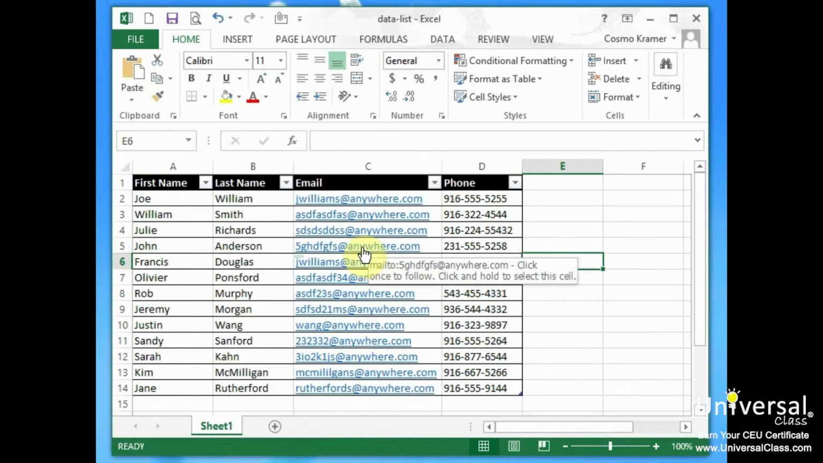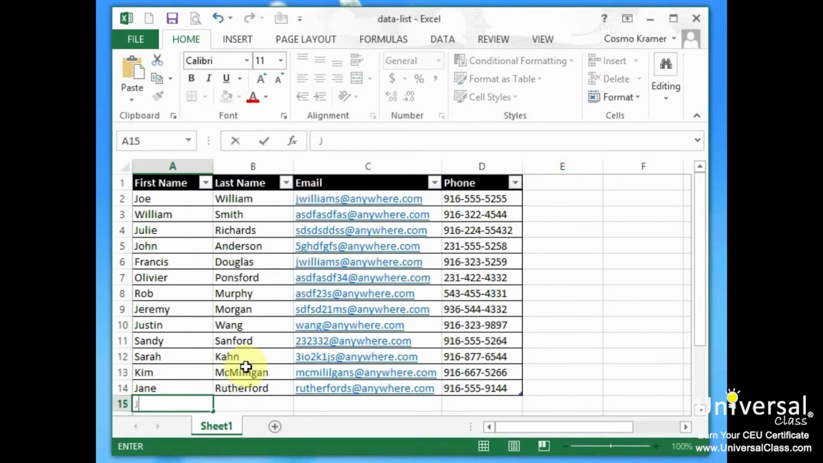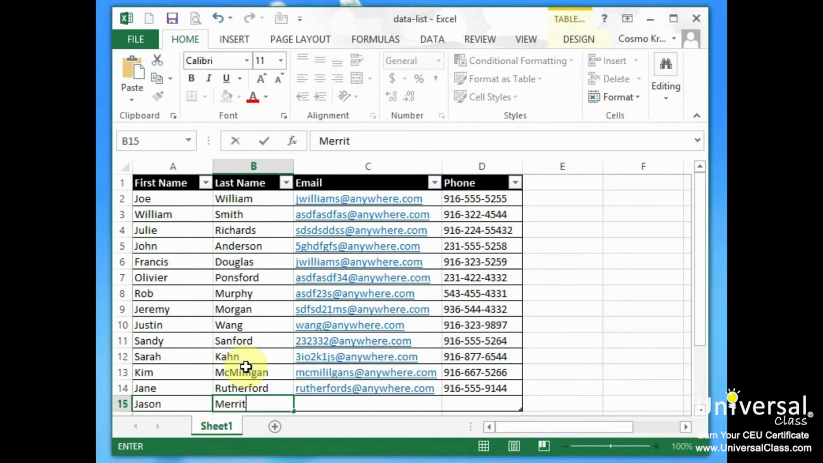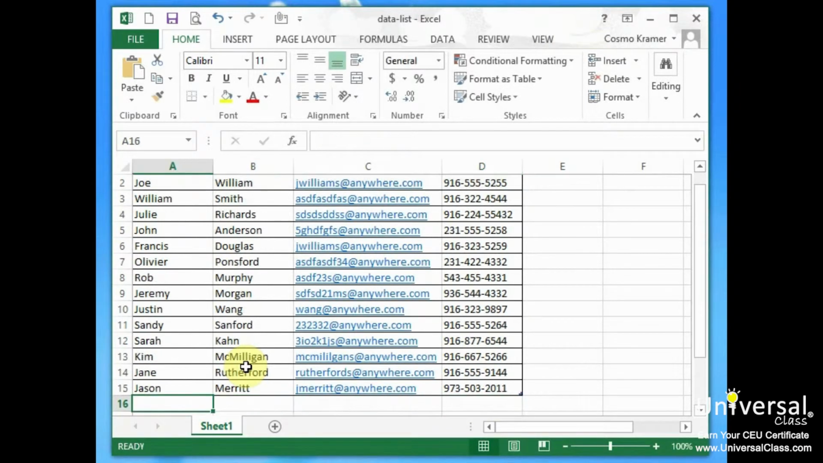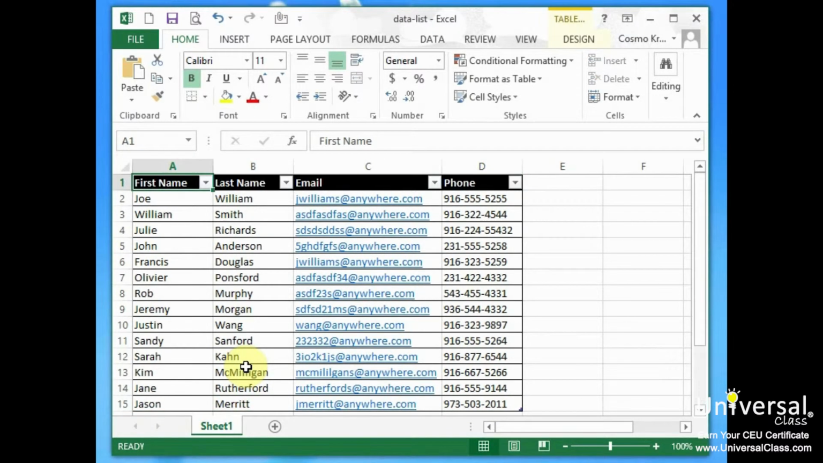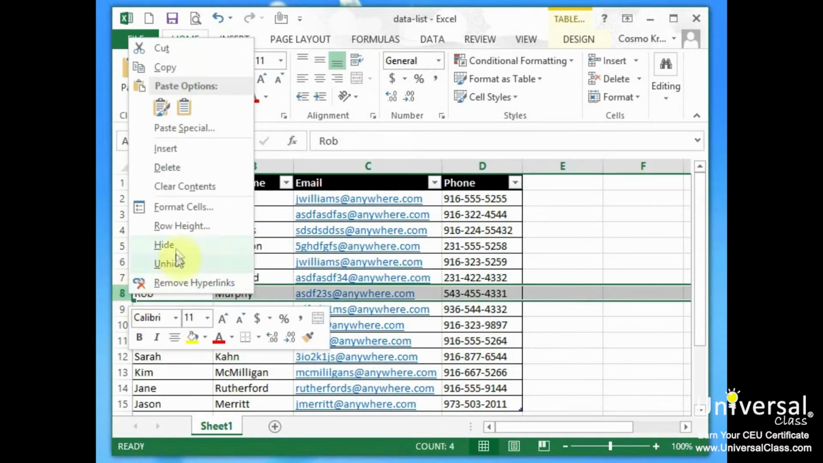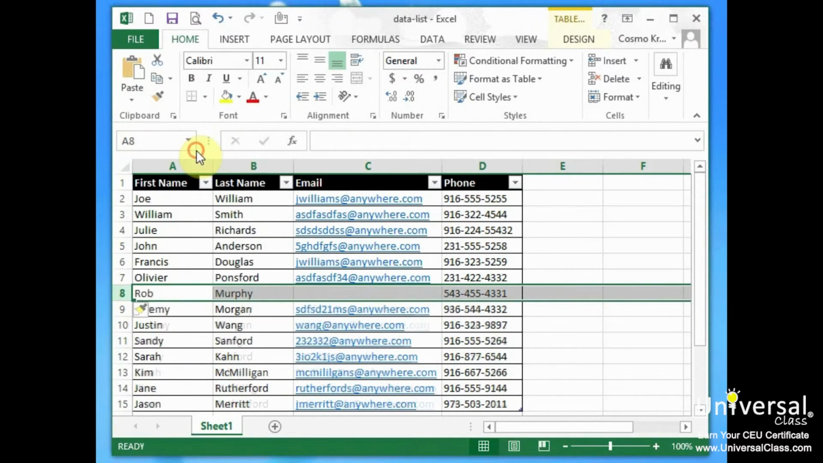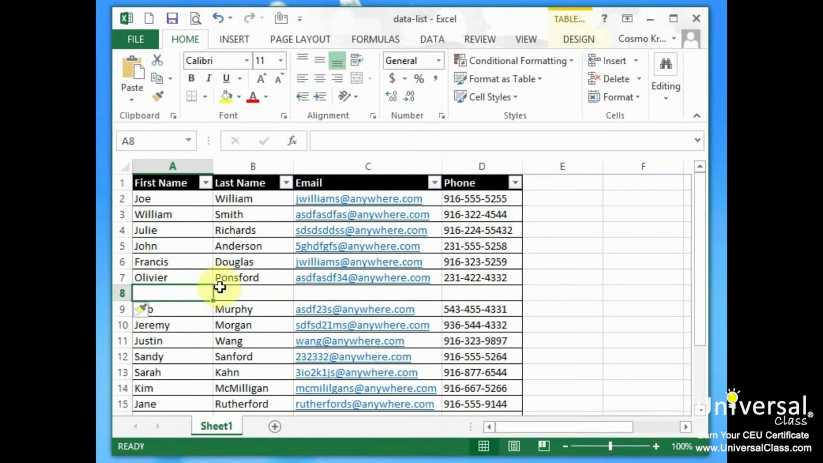Adding records to the list is pretty easy. You could just do something right here. And J. Merritt add. That's all you have to do to add data. You would add rows to this list the same way you would do in a worksheet. Select the row below where you want the new row to appear. Right click and select Insert, so you could just do Insert here. And you could insert a new